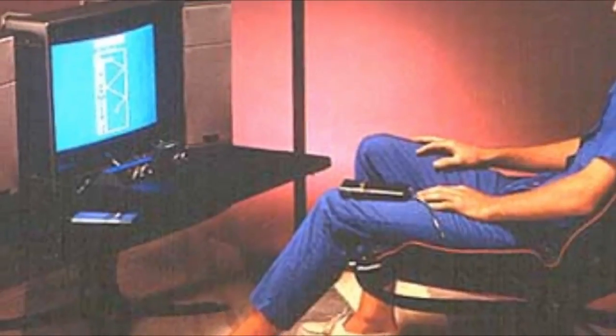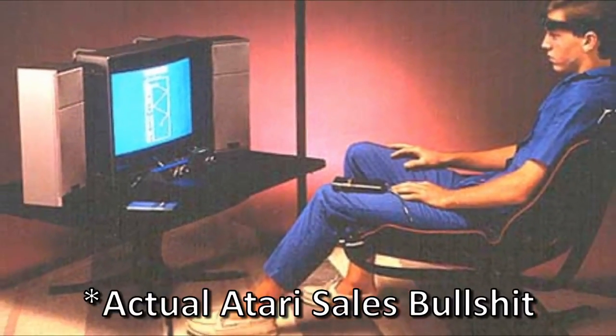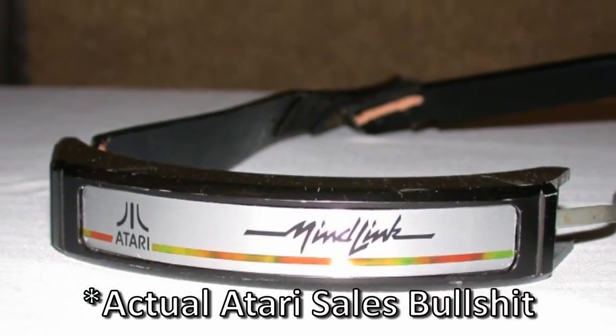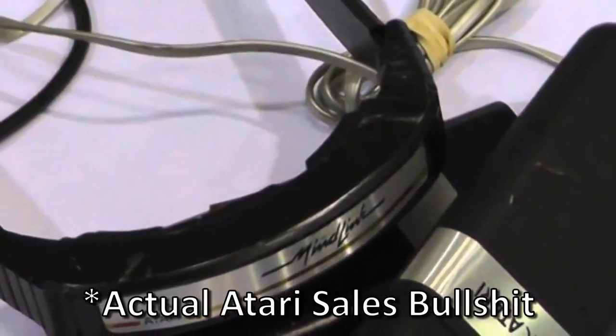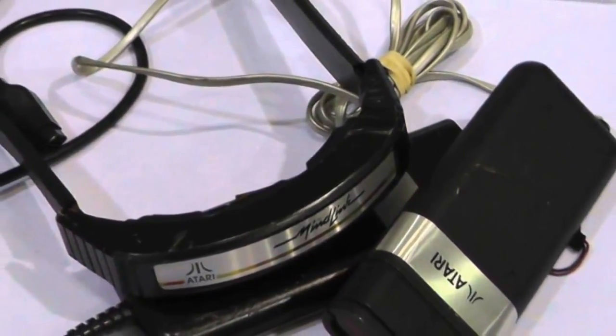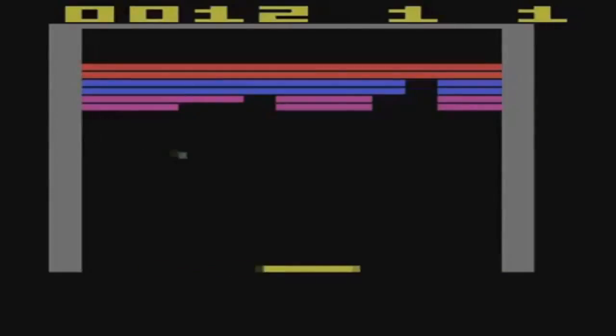The Mindlink was unique in that its headband form factor controls the game by reading myoneural signal voltage from the player's forehead, and the player's forehead movements are read by infrared sensors and transferred as movement in the game. Right. So whilst a cool concept,